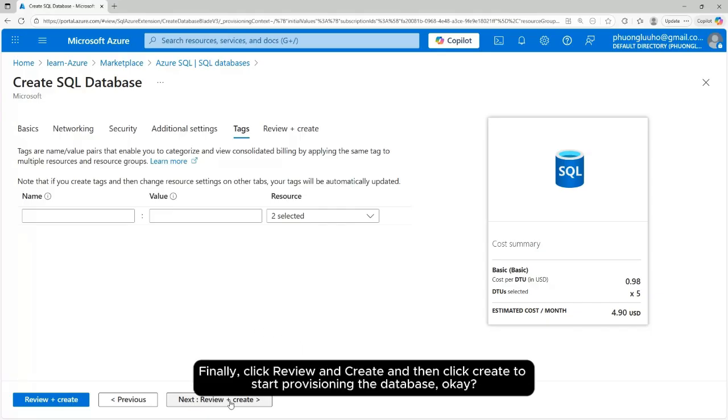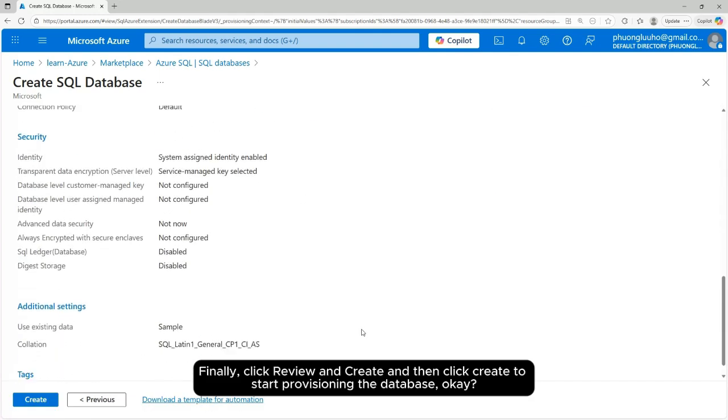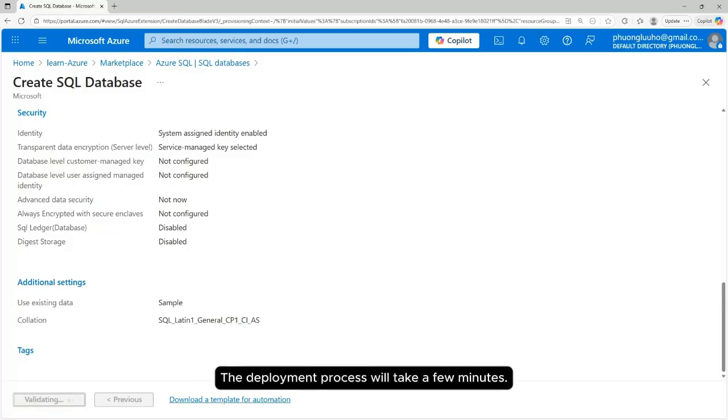Finally, click Review and create, and then click create to start provisioning the database. Okay, the deployment process will take a few minutes.